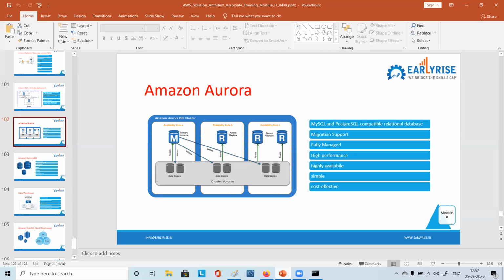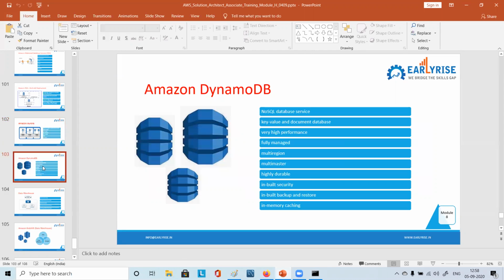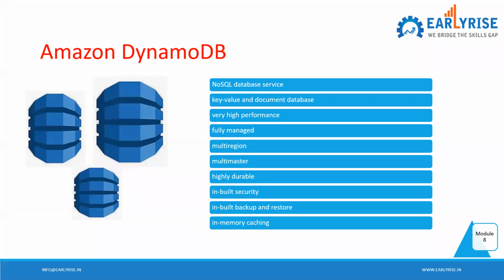This Aurora. So apart from relational databases, we also discussed NoSQL databases, remember? For NoSQL, we have DynamoDB. This is a good option. We were seeing that it is a NoSQL database service, DynamoDB, key value and document. Key value pairs we have been creating multiple times.